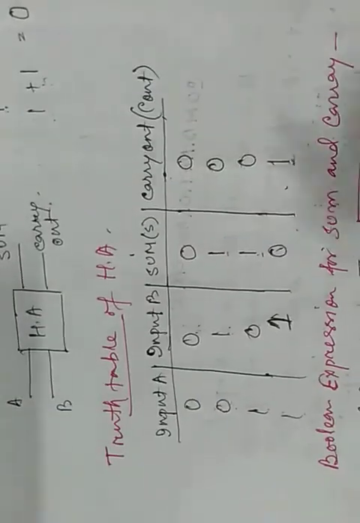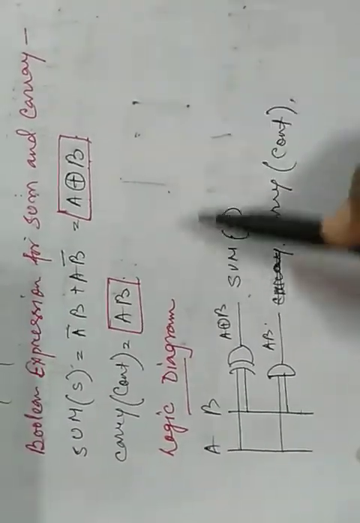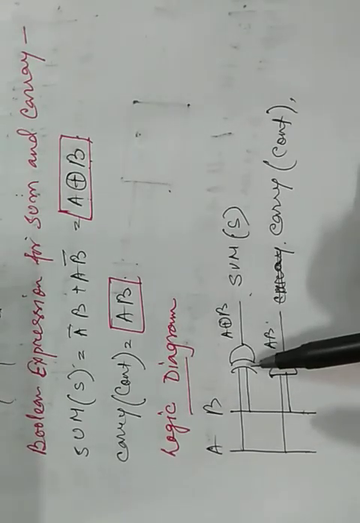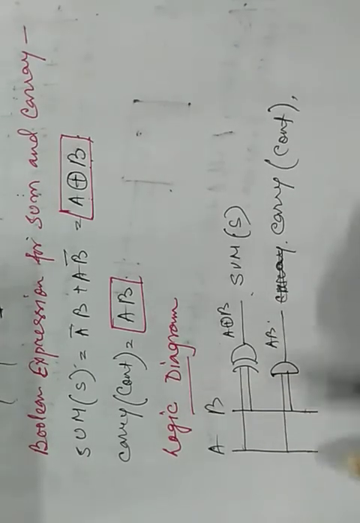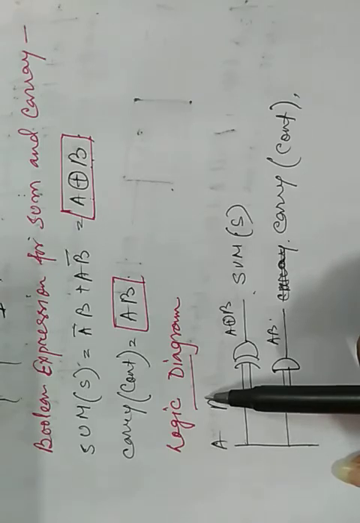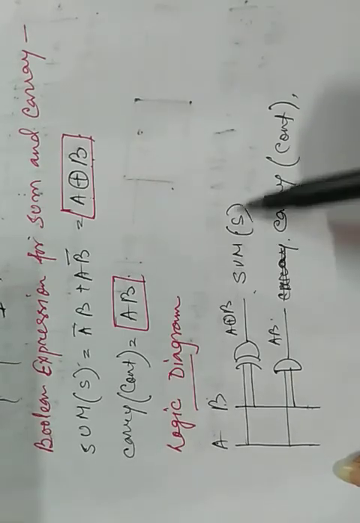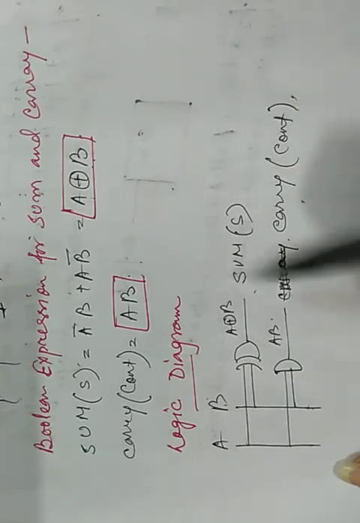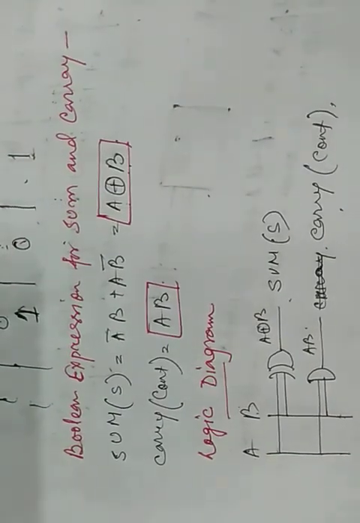Okay, so this is the logic diagram of half adder. Clear? So this is the block diagram of half adder, this is the truth table of half adder, this is the Boolean expression of sum and carry, and this is the logic diagram. So if we create a circuit using one XOR gate and one AND gate, we get a half adder, which is used to add two binary bits. If we give inputs A and B, we get the result sum and carry, which is the result of any 2-bit addition. Okay, so this way, this is the half adder. Clear? In our next video we will learn about full adder.